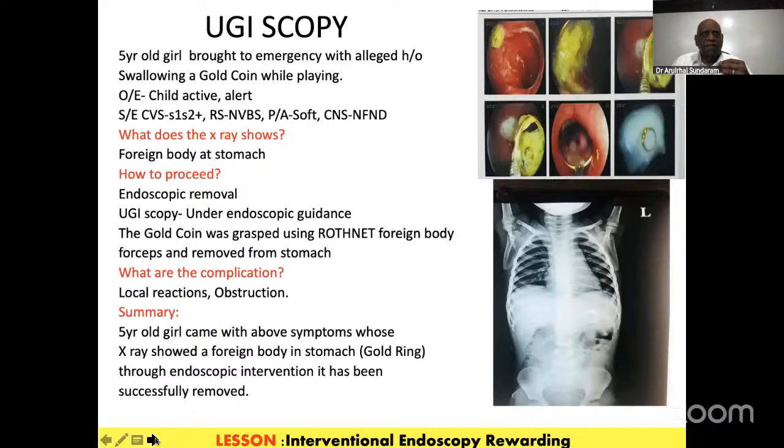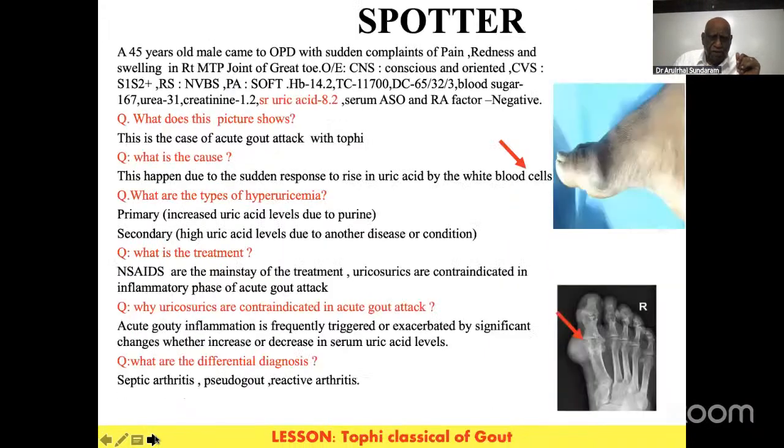Earlier, if it is soft, not a problem, we can always wait for 3-4 days, give laxatives, see the stools and try to get it. Now that is not the way. We do an interventional endoscopy. Today it is an era of intervention. Any branch, either gastroenterology, neurology, cardiology, nephrology, it is the era of intervention. Therefore, we need to do that. Thanks to Ram Subramanian who does this job adequately.